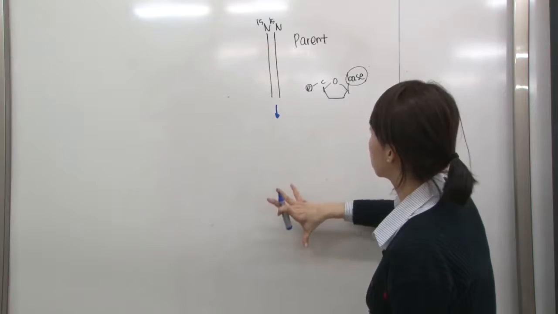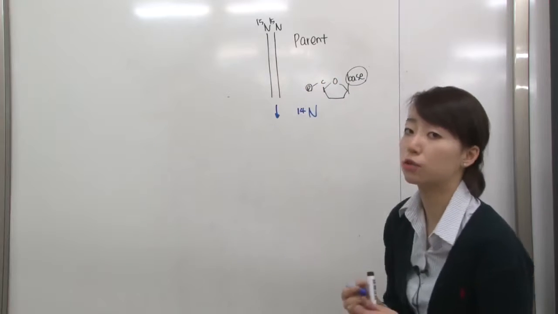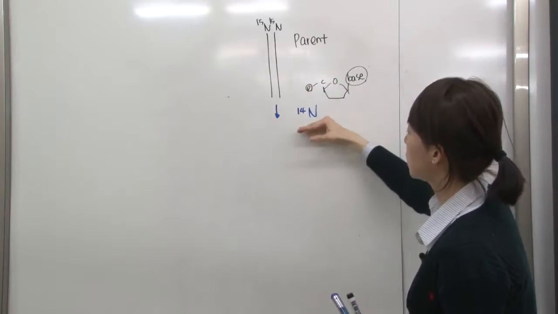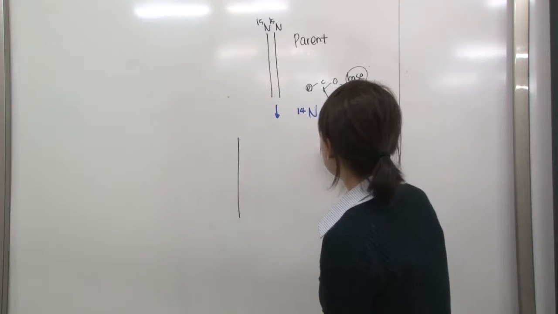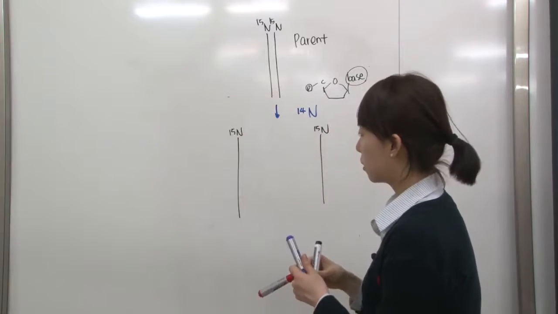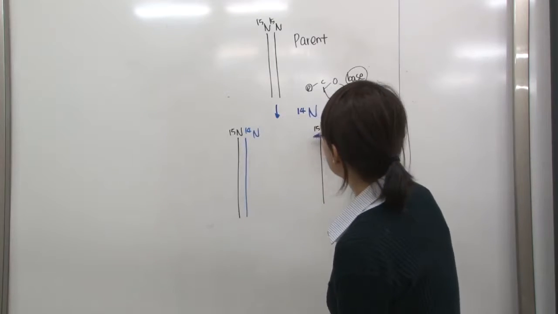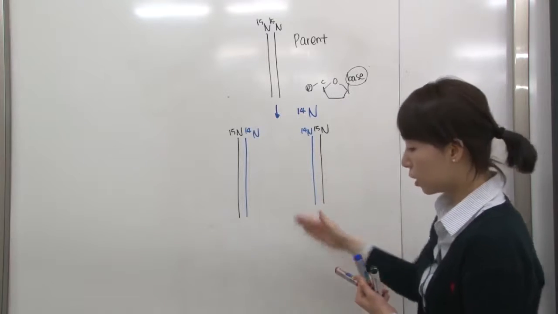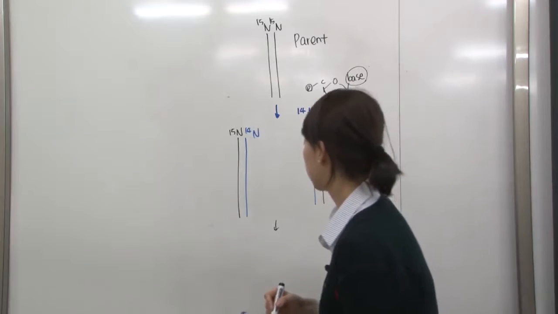a different environment. This environment has 14N instead of 15N. We provided this environment with 14N only. Then these two get separated, 15N, okay? And then the new copy of DNA gets labeled with 14N, and then 14N like this. And then if you do another duplication, these two get separated, so